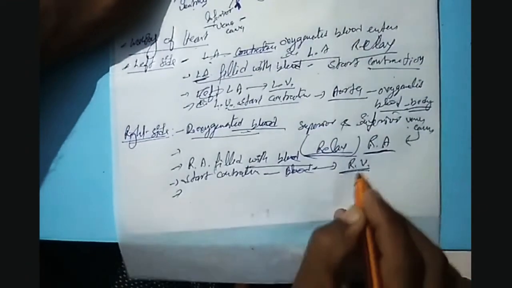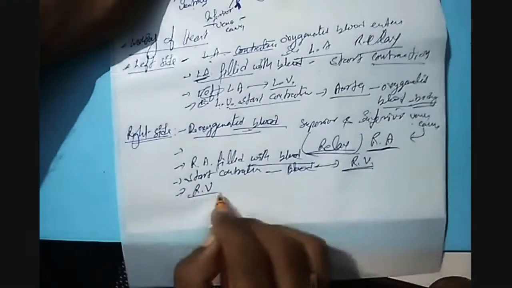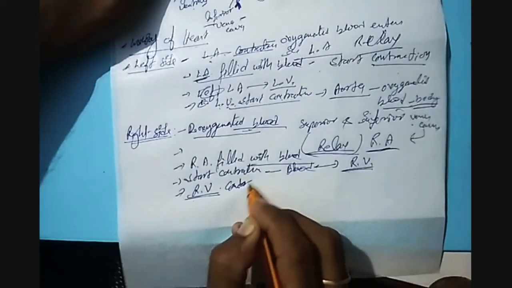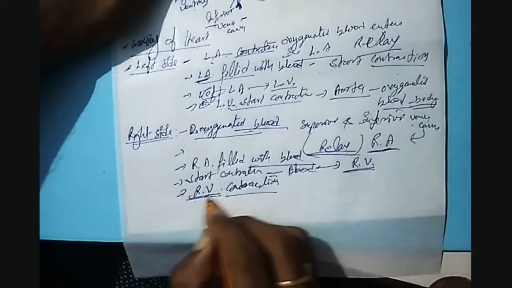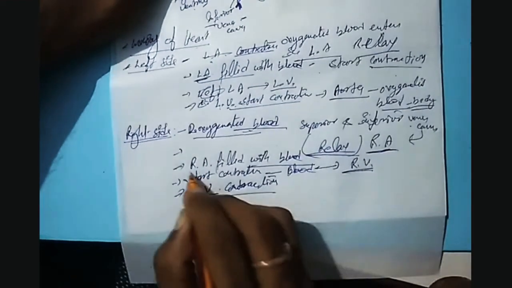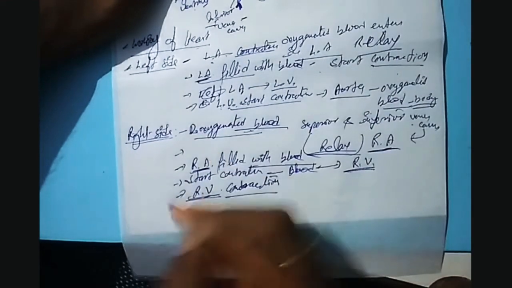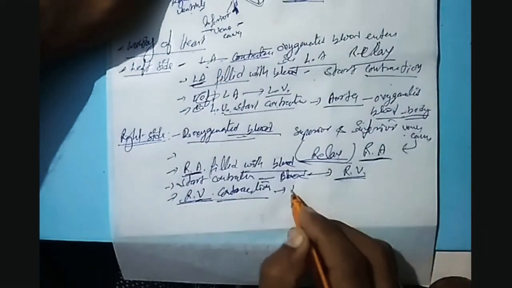When the right ventricle is filled with blood, the right ventricle again starts contraction, and when the right ventricle starts contraction, the right atrium goes into relaxed condition. By the contraction of the right ventricle, blood moves into